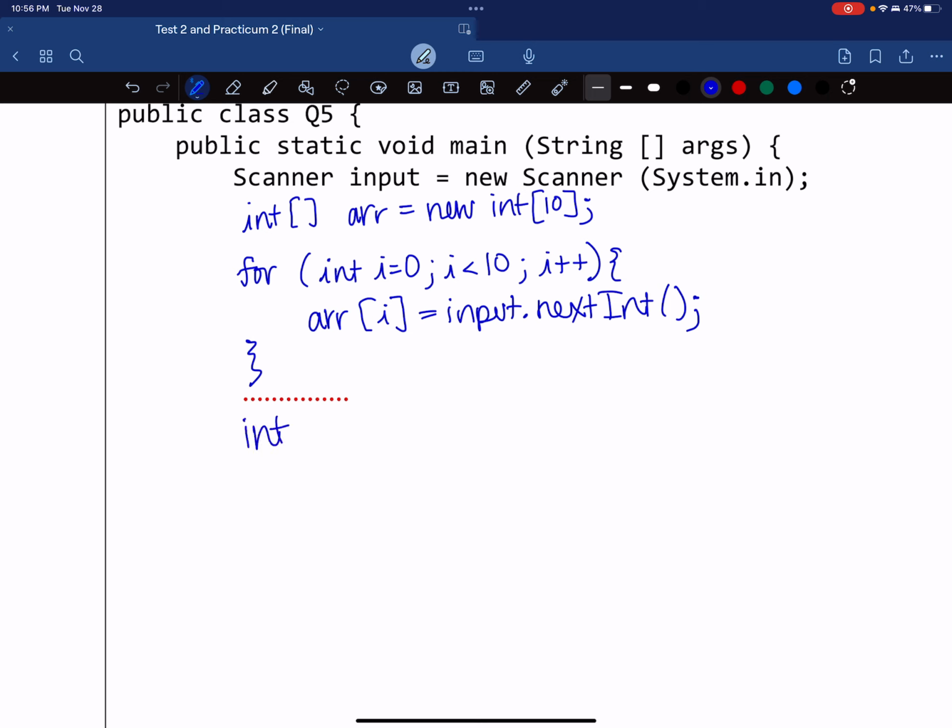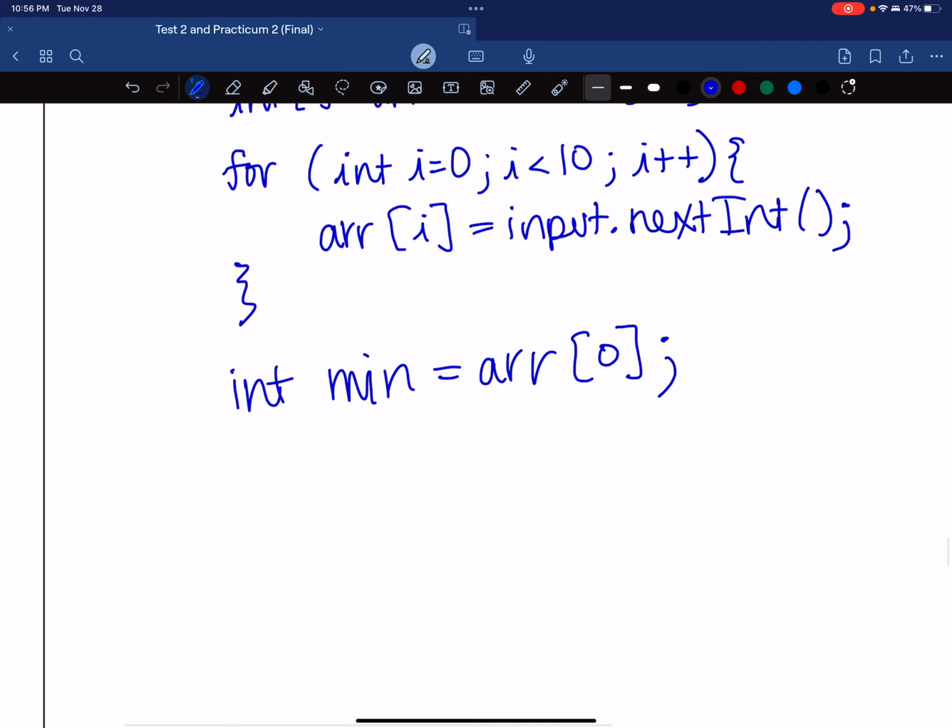So we can have something like a min, which is going to hold that smallest value. And we can use an enhanced for loop, for instance, to loop through that. So we can say for int value in our array,